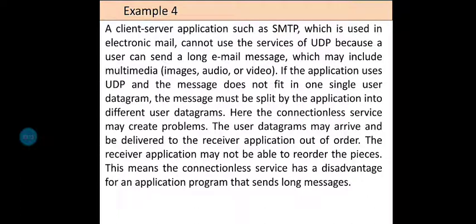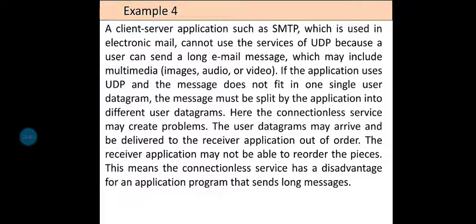In the previous example, we have taken a very small message. That message fits into a single datagram, then it can be delivered and we forward it to the application layer. But in this case, if my message is very long, it will not fit in a single datagram. I need to divide that datagram into two packets.